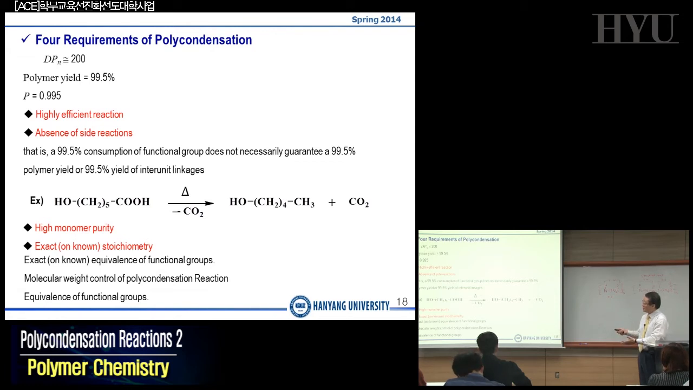Now let's state: a highly efficient reaction, absence of side reaction, and high purity monomer are three very important requirements for polycondensation to obtain high molecular weight components. However, the final requirement, the fourth requirement, is most important as well. Exact stoichiometry or known stoichiometry is very important, and this is what I should explain a little bit more about. Okay? Stoichiometry